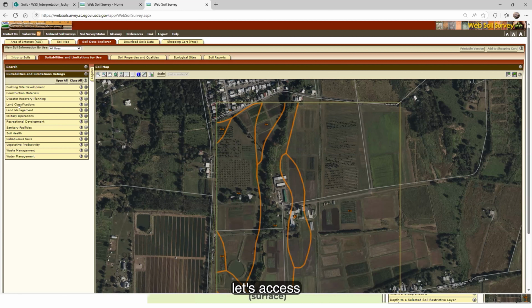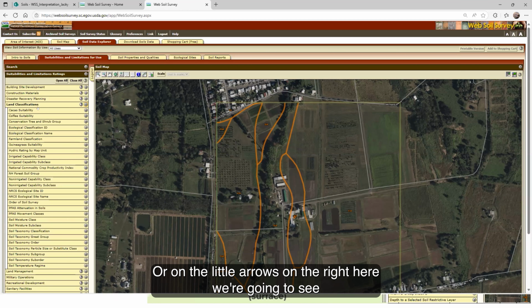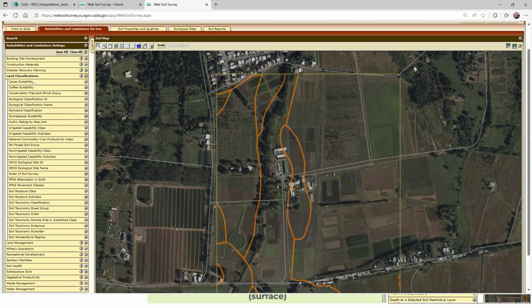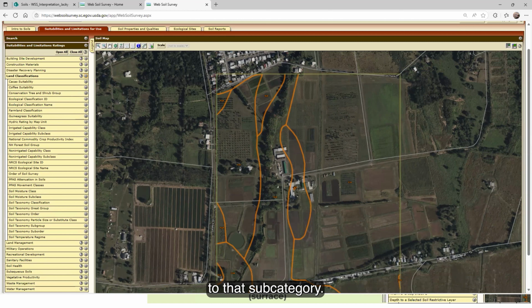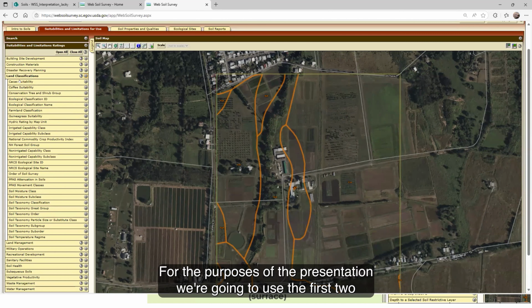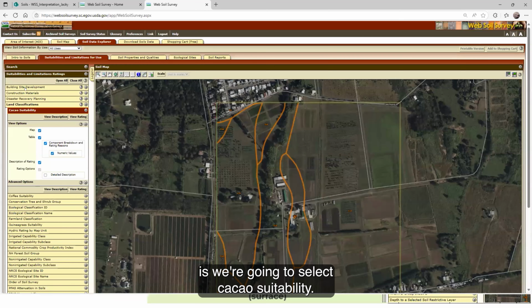Now, let's access the subcategory that is land classification. We can click there and open it, or use the little arrows on the right. Here, we're going to see all the different interpretations or reports related to that subcategory. For the purposes of this presentation, we're going to use the first two, cacao suitability and coffee suitability. The first one we're going to select is cacao suitability.